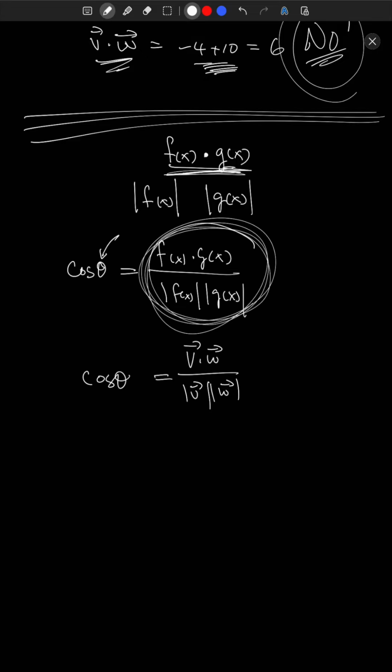Once you've defined the dot product of two functions, which you can do very easily, and once you've defined the length of a function, which you can also do very easily, then you have the concept of what it means for two functions to have an angle between them. You can talk about the angle between two functions, and even more importantly, you can talk about two functions being perpendicular, and that's actually where this idea of